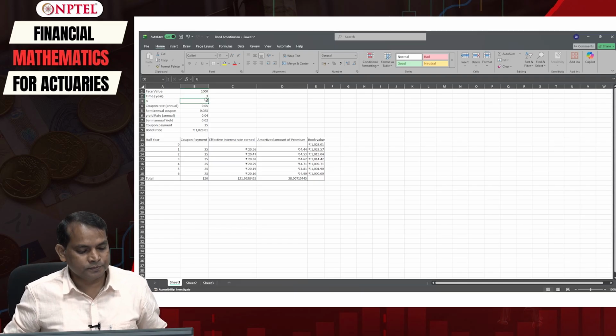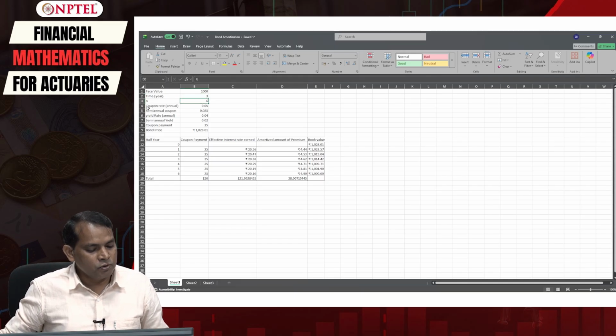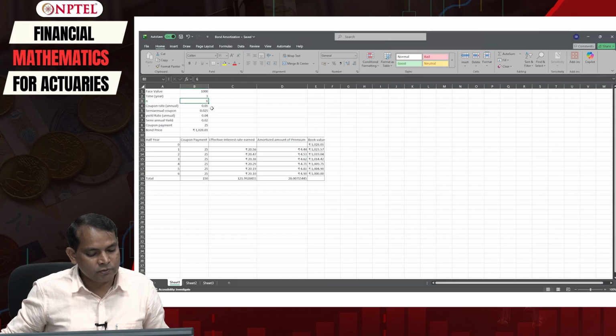The annual coupon rate is 5%, and therefore the semi annual coupon rate is 5% divided by 2.